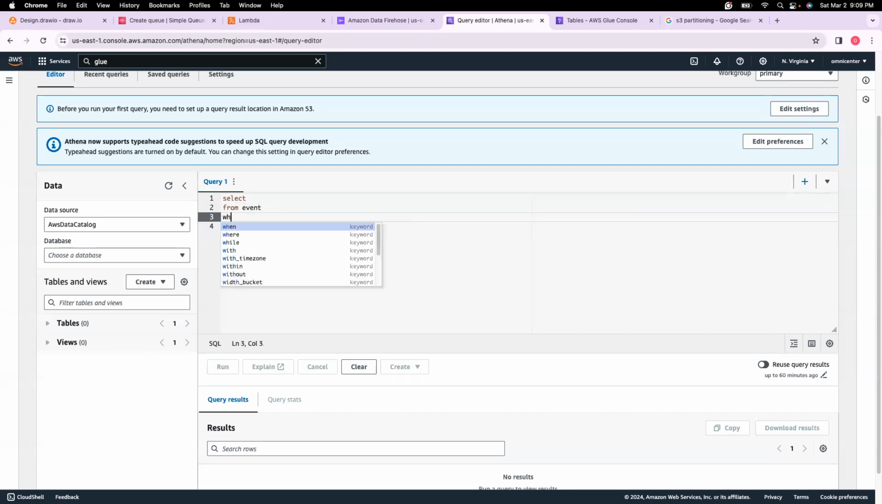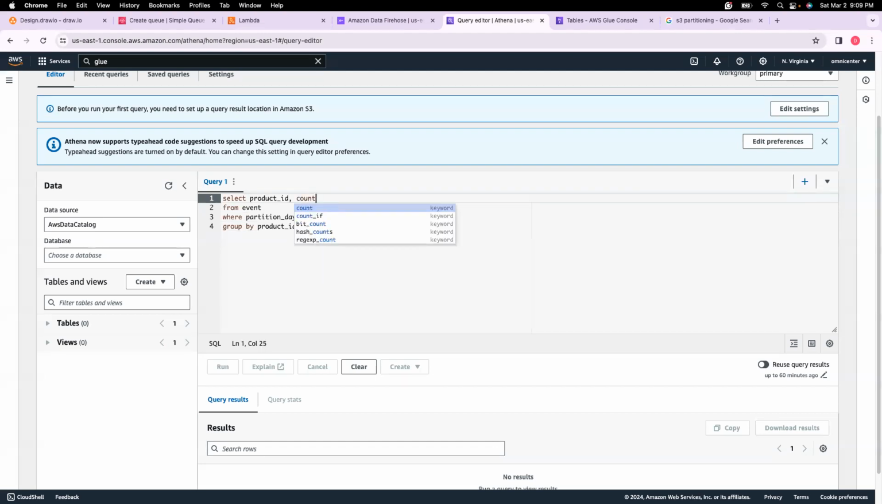And then we are also partitioning, right? Kinesis is taking care of partition. So we'll just do partition day, which is something like current day, date. Again, this is pseudocode. This probably doesn't work, but this should give you an idea. So here we'll do product ID and then just get the count of product